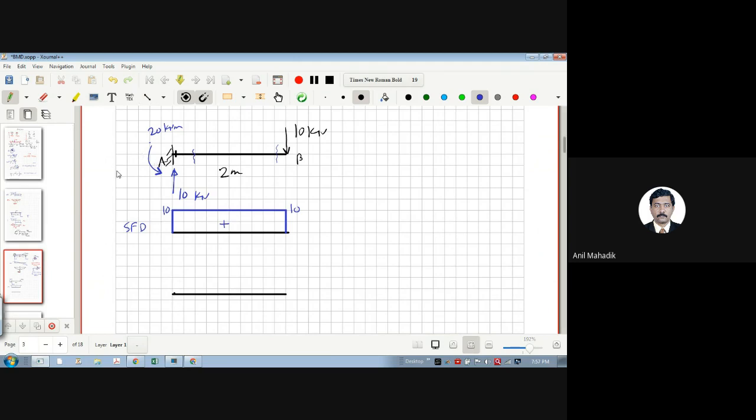नाउ एंटी क्लॉकवाइज लेफ्ट पे रहेगा मोमेंट, तो क्या है डायरेक्शन? इज इट नेगेटिव और पॉजिटिव? Negative. नेगेटिव। सो कितना वैल्यू रहेगा यहाँ? 20. सो लेट्स से दिस इज योर 20 वैल्यू। सो यहाँ से यहाँ तक 20 है। यूनिफॉर्म है ना, इसलिए मैं यूनिफॉर्म निकल रहा हूँ। दिस इज योर 20 वैल्यू।